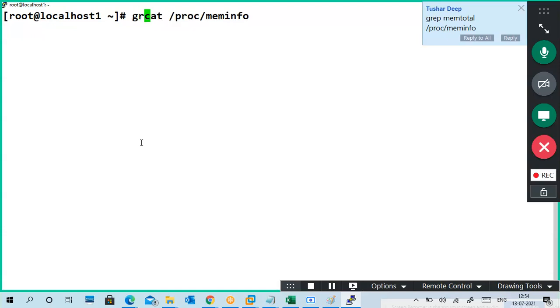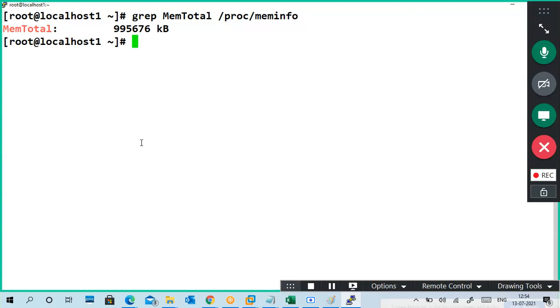Very good. grep MemTotal. It is a capital letter, so then remove this cat. Okay. Very good. MemTotal. But sometimes maybe the caps and small letters, you are not sure about capital letters, small letters.